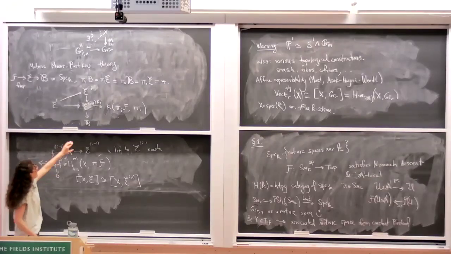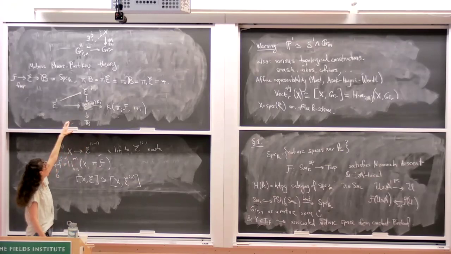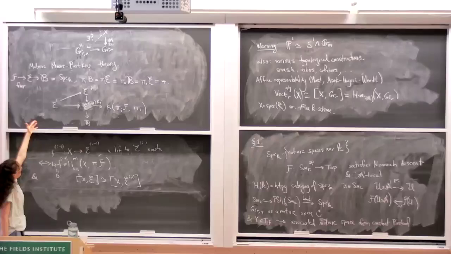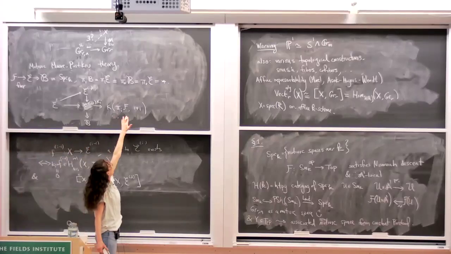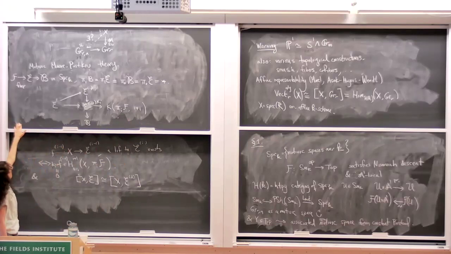Basically, you can add in an action of the fundamental group of the base space on everything in this tower, and you end up with an obstruction theory where you're looking at Milnor-Witt cohomology with twisted coefficients for your obstruction groups, as long as E and B are A1 simply connected. So you just have the hypothesis that pi 0 is trivial, and the map from E to B induces an isomorphism on pi 1, then you still get this motivic Moore-Postnikov